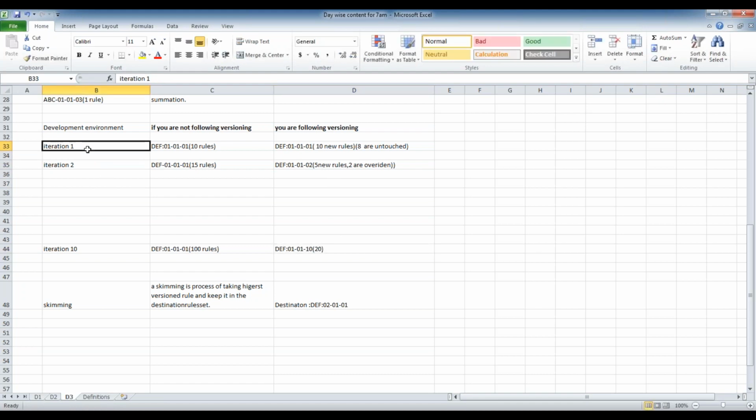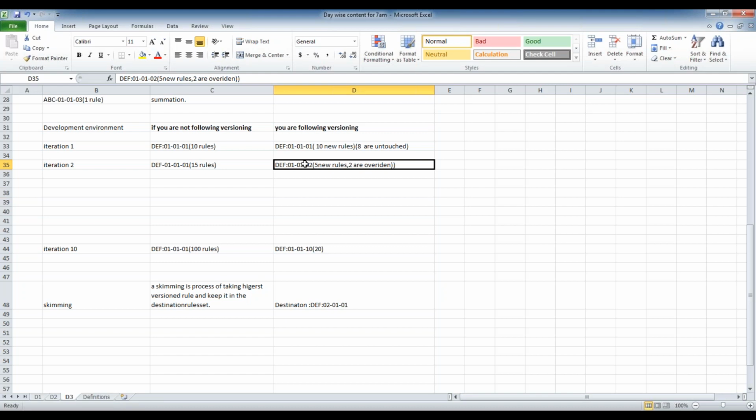If you want to follow that scenario, there is one more approach, and based on the approach you can decide. For each iteration, you can fix one rule set. Even if issues are there, you fix them there only. In iteration 1, you create 01, and in iteration 2, if you identify any issue in iteration 1, you don't override it. You save the fix in the same rule set version, 01. That means all the iteration 1 work will be in 01, all the iteration 2 work in 02, and all the iteration 10 work in 010. In that case, you can deploy 02 because there is no dependency.